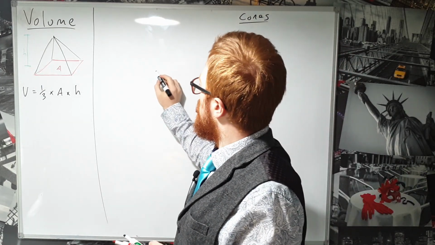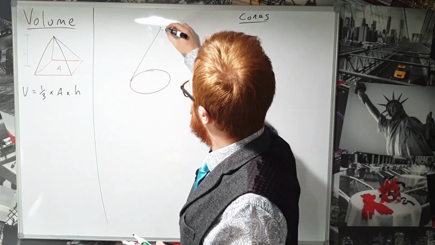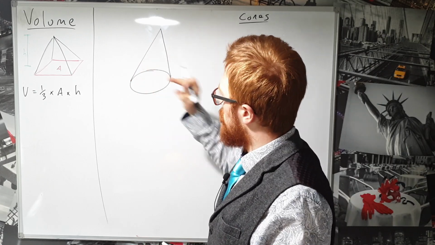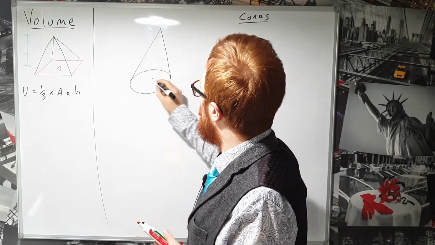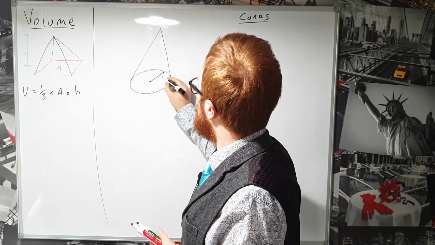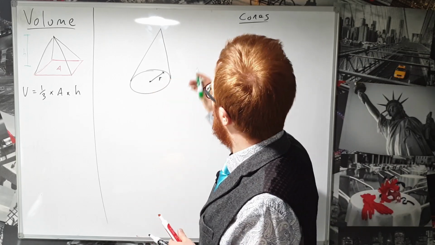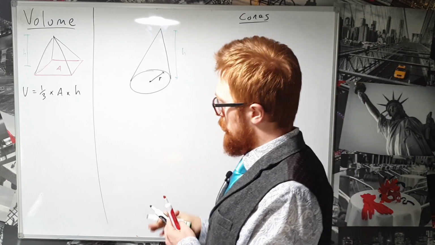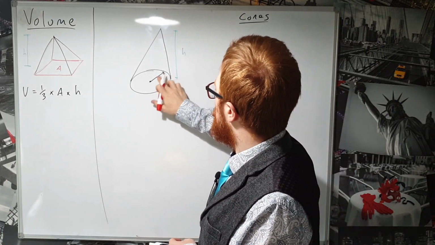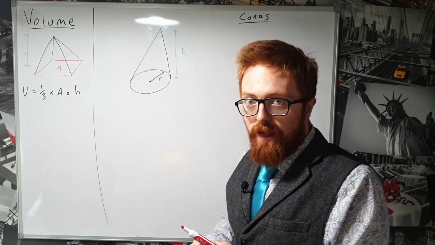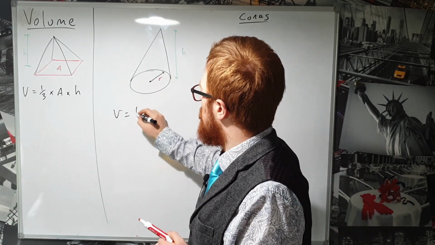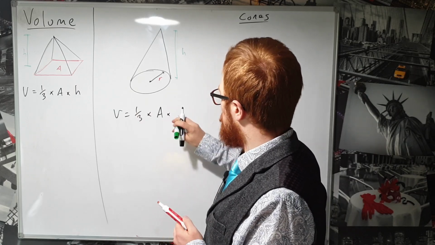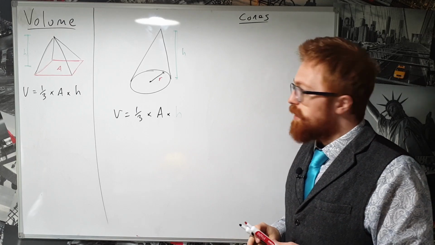So let's just draw ourselves a cone. It doesn't have to be an isosceles cone, it can be any sort of cone. So if it's got a radius r and it's got a height h, I'll draw that in red, then I know that the volume is a third times the area of the base times the height. And now because we've got a circle,